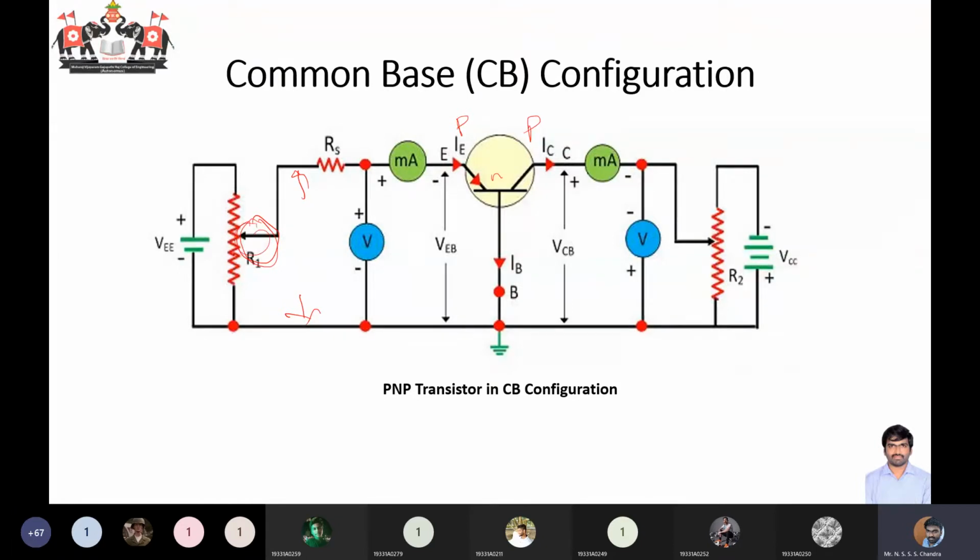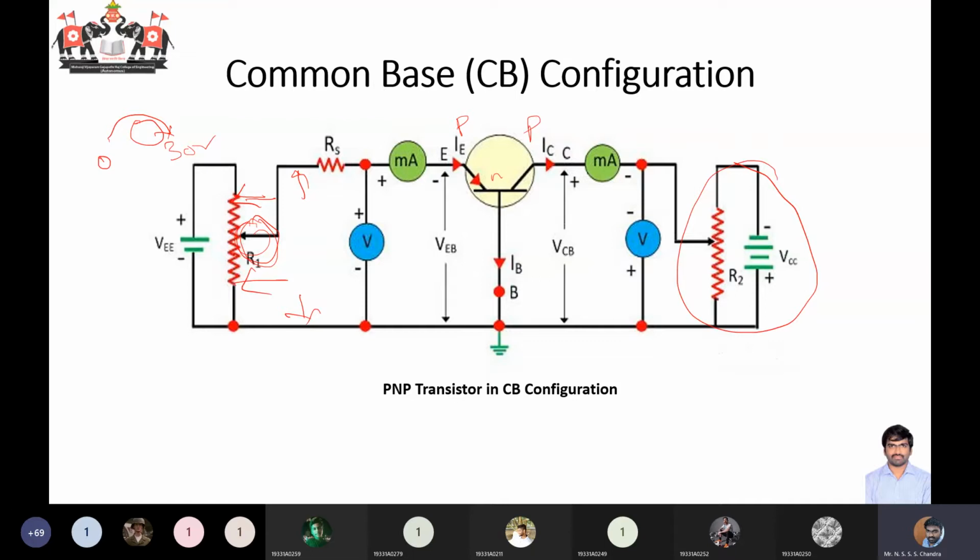If you are keeping this terminal here, your voltage will be equal to 0. If you are keeping the terminal over here, your voltage will be equal to the maximum voltage, whatever the supply voltage that you are giving. Similarly, in an RPS, you will have a small knob. If you are changing it in a clockwise manner from 0 to 30 volts, your voltage will be changing. So by any means you can do that. The major thing that you need to know is that we are using a variable DC voltage, not a fixed DC voltage. Similarly, here also I'm having another setup to give the output a variable voltage.